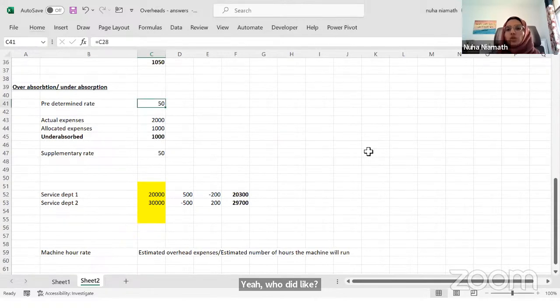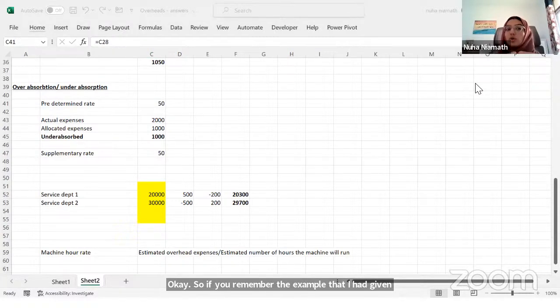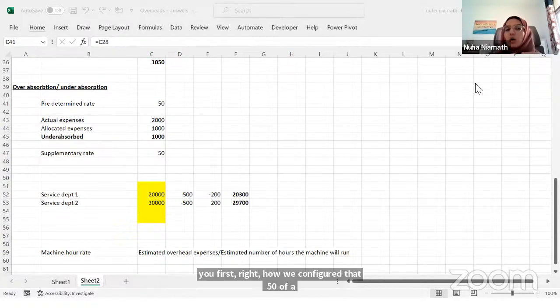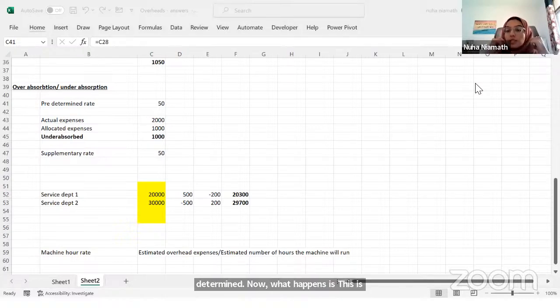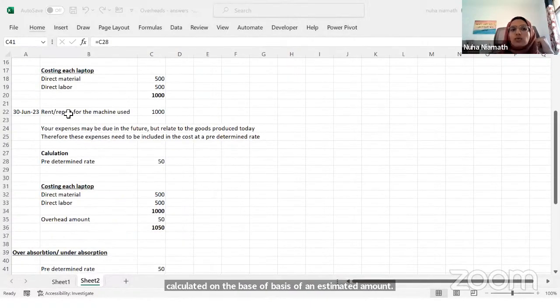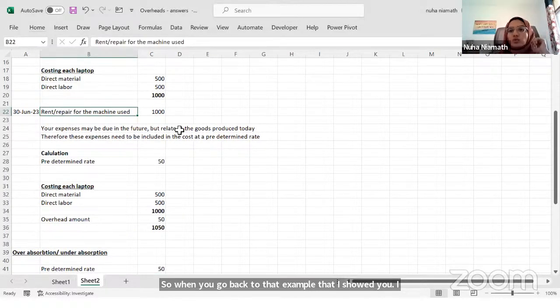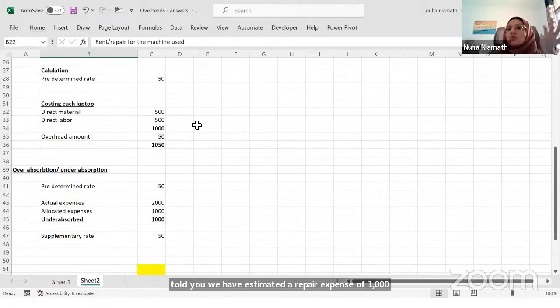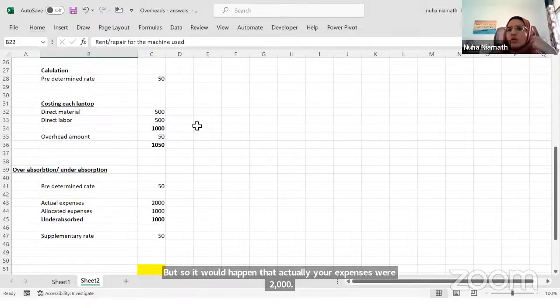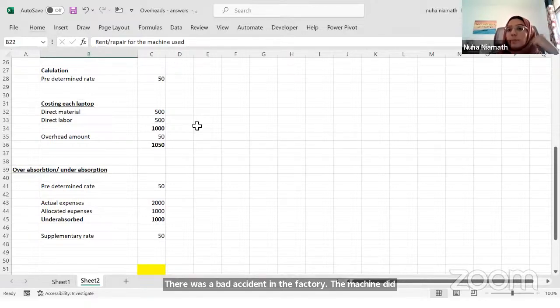Okay. So if you remember the example that I had given you first, how we calculated that 50 rupees of a predetermined rate. Now, this is all calculated on the basis of an estimated amount. When you go back to that example, I told you we have estimated a repair expense of 1,000 rupees, correct? But it could happen that actually your expenses were 2,000 rupees. There was a bad accident in the factory. The machine did not perform well, so you had to spend more in order to repair that machine. So instead of 1,000,